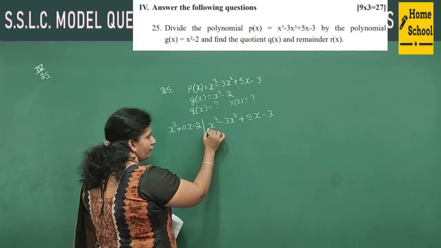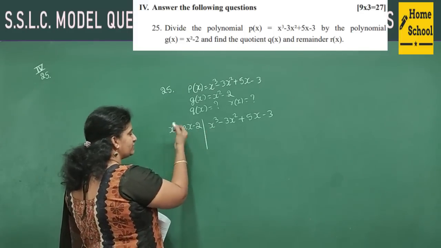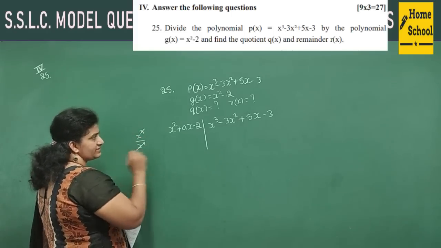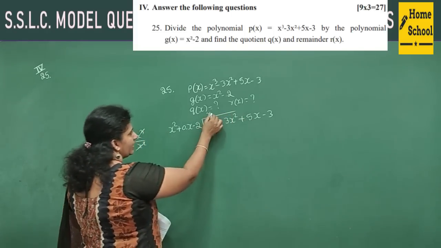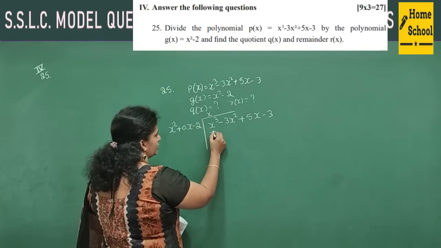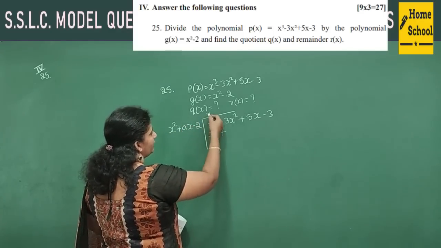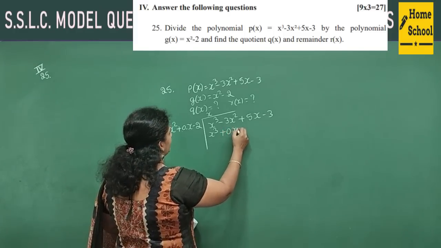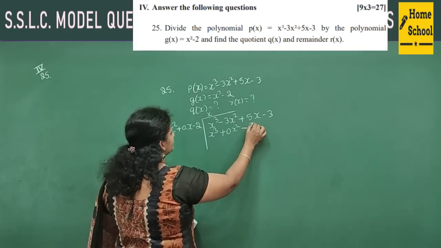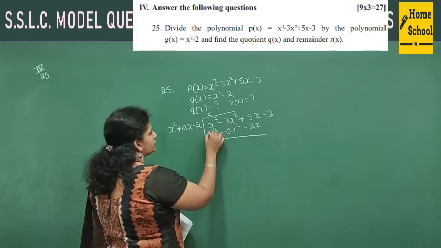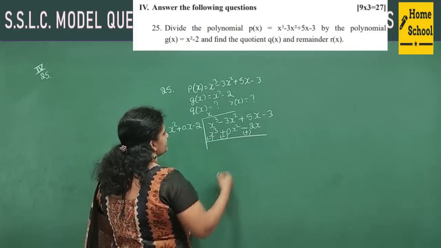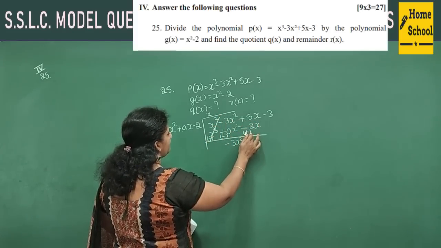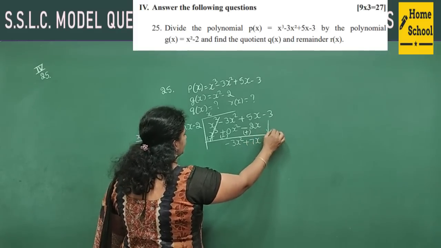Now this p of x first term divide by g of x first term. That means x cube by x square. Cube will be cancelled. 1x is left. That x write right here. So again with this x multiply. x into x square is x cube. Plus into plus, plus. 0 into x is 0 into x square, or just you can write 0. So simply I will write here 0 into x square minus 2 into x, 2x. Right? So now subtract, change signs, cancel, minus 3x square, 5x plus 2x will be 7x, bring this minus 3